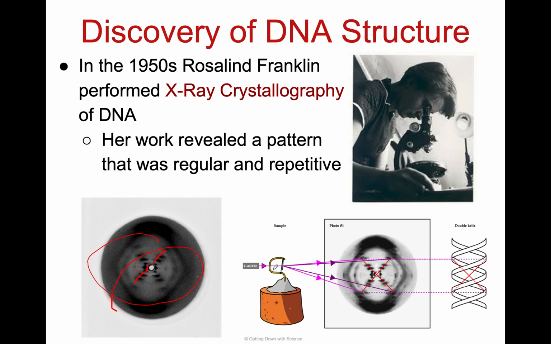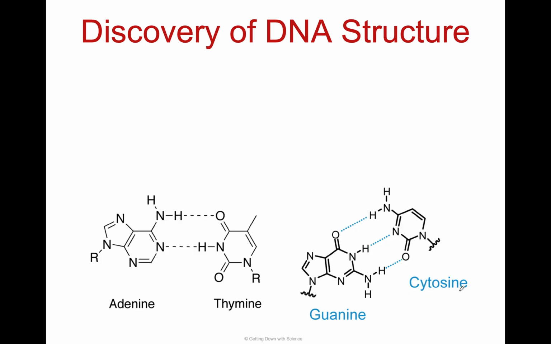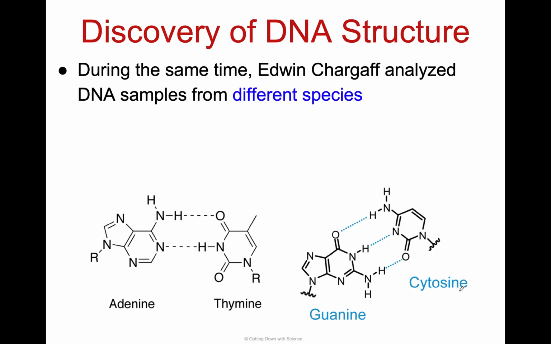Turns out, and we know this now, is that what she was looking at was actually the major and minor grooves of the DNA structure. But she sort of sat on this discovery. She didn't quite know what was going on until that same time. So as Rosalind Franklin was doing her experiments, this other scientist, Edwin Chargaff, he analyzed different DNA